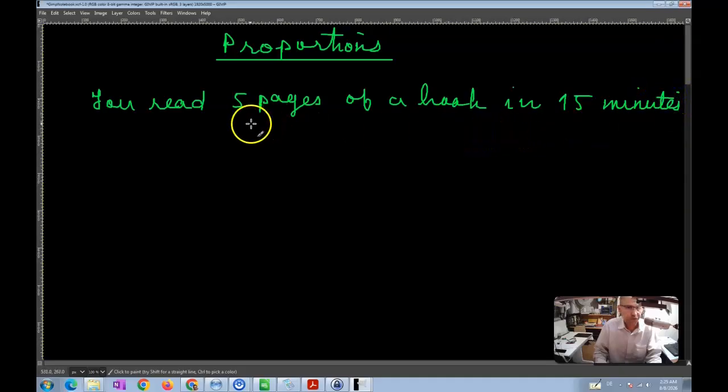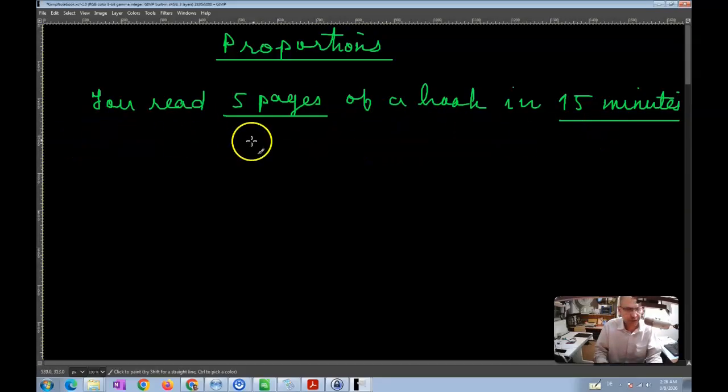Now, if I keep up the same speed, meaning that I don't change the speed, because sometimes you might read faster, sometimes slower, but if you keep your speed absolutely constant, if you keep up the same speed, then